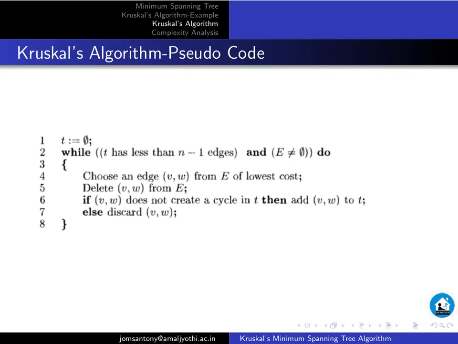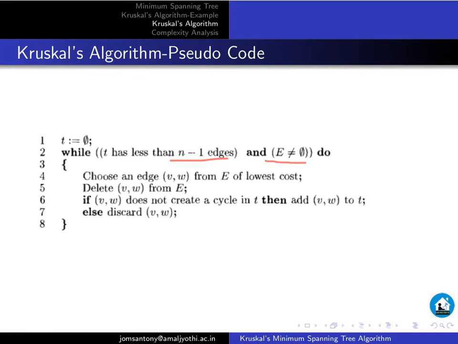This is an informal way of representing Kruskal's algorithm, where T is the solution set. You can see that T is initially a null set, which means that there are no solutions as of now. So T will be getting filled as and when we add edges to the solution. The condition here is that if T has less than n-1 edges and our edge set is not